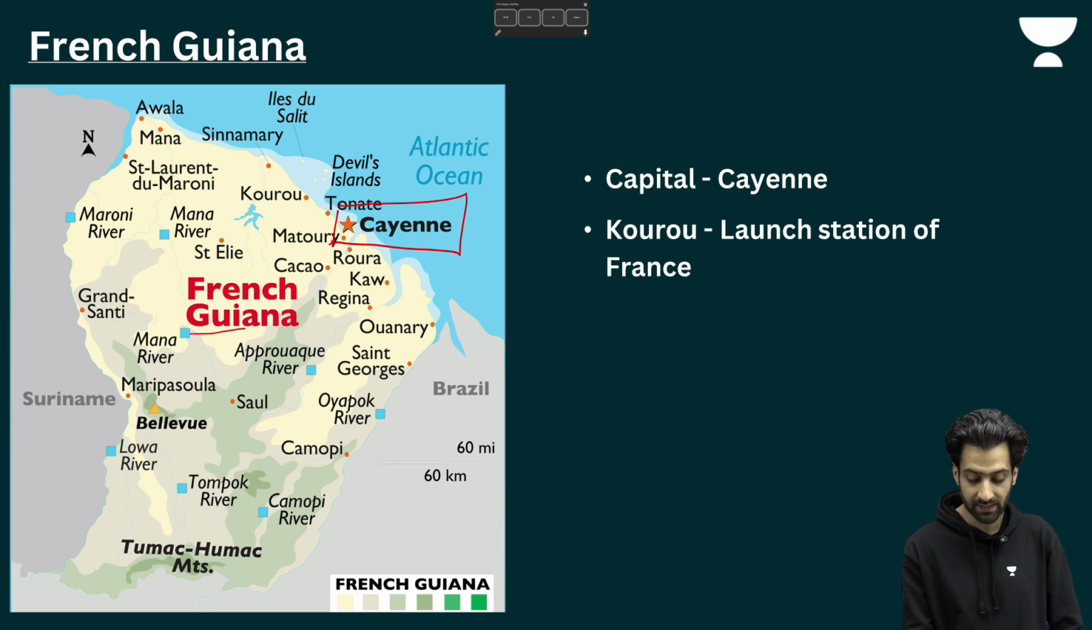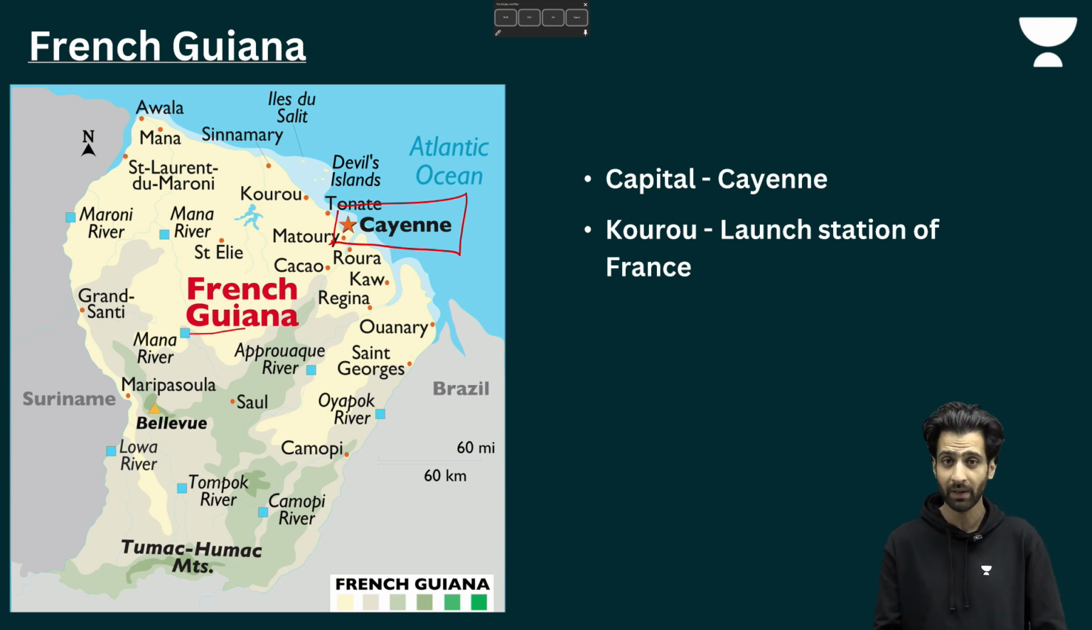the country is given and along with its capital. Then you will have to match it. So you should know at least the capital of the country. The capital is Cayenne. It is located in South America, and one important thing about this is